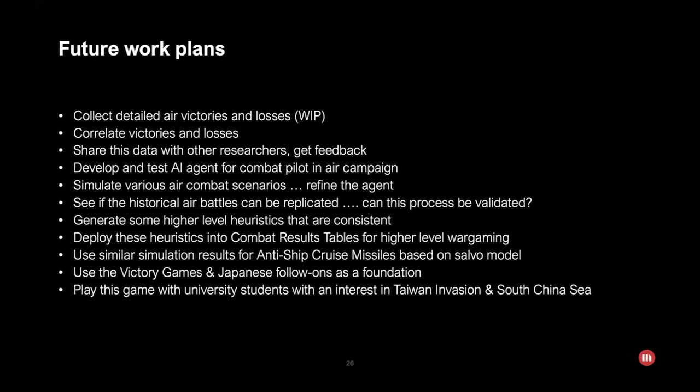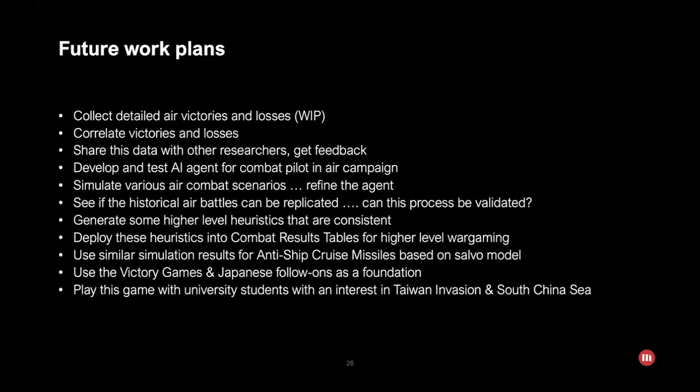I'm going to work on an AI agent a little bit. I'm not sure if I'm going to use a large language model; it might be something a little bit simpler than that. But I want to replicate some of these historical air battles and see if it can actually be validated with historical data, very much with the TDI approach. I'd like to generate some heuristics based upon a lot of simulation, and then roll that up to some heuristics, and then create